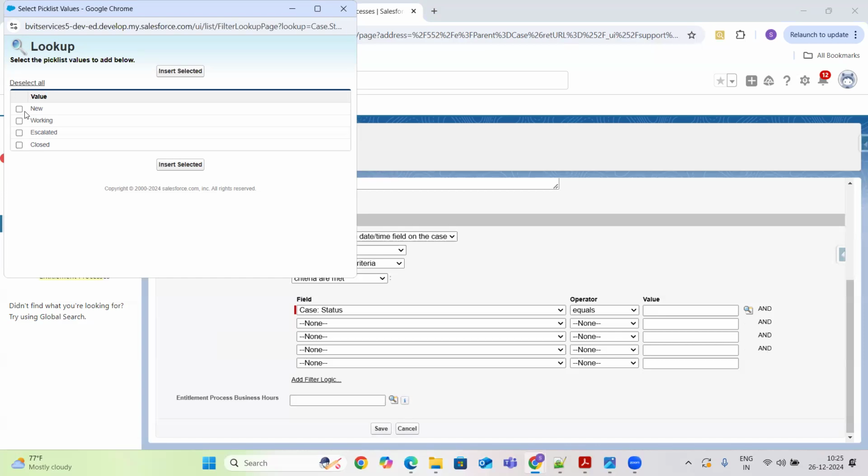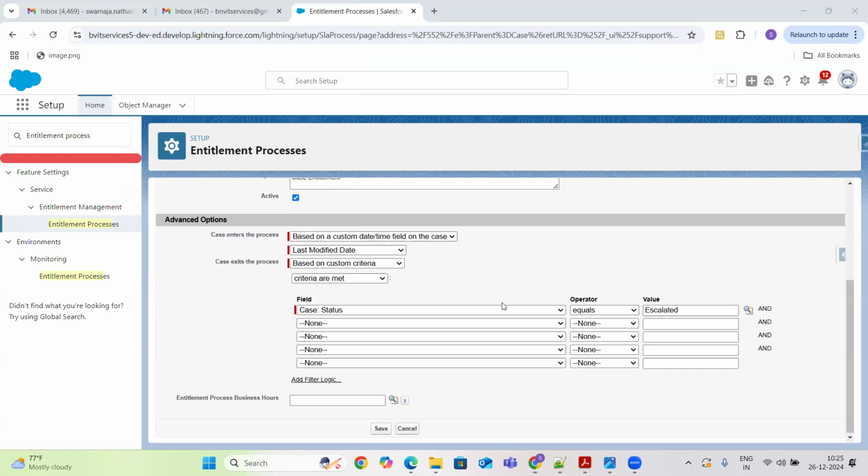Otherwise, whenever I want to exit from this entitlement process when it is escalated, if any case is escalated, then stop it, I can select that. This is how I can create my custom formula.